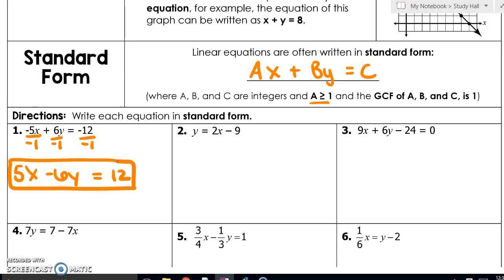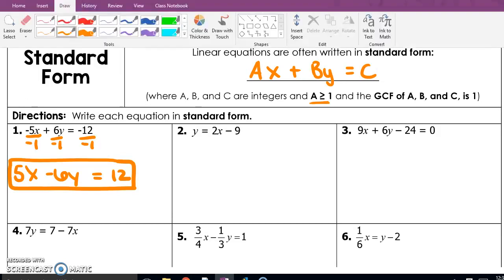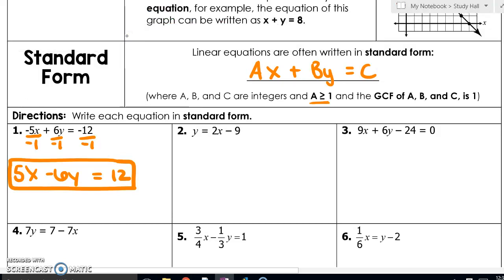In number 2, this isn't necessarily in standard form. It's actually in slope-intercept form, which is y equals mx plus b. So we need to get the x and the y terms on the same side with the constant on the right side, and then worry about making a greater than 1, or in other words, positive. So let's first get the x term on the left side,